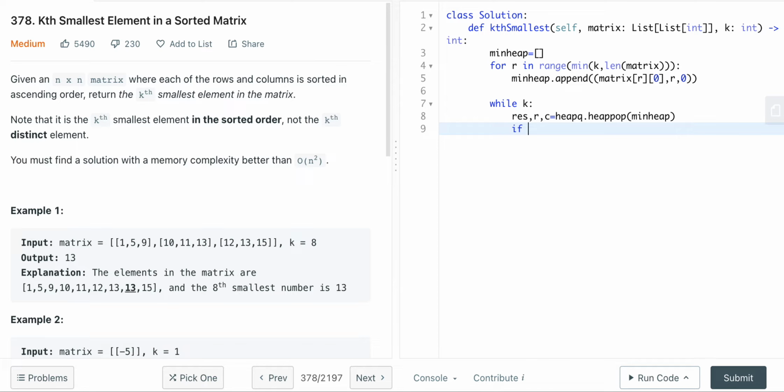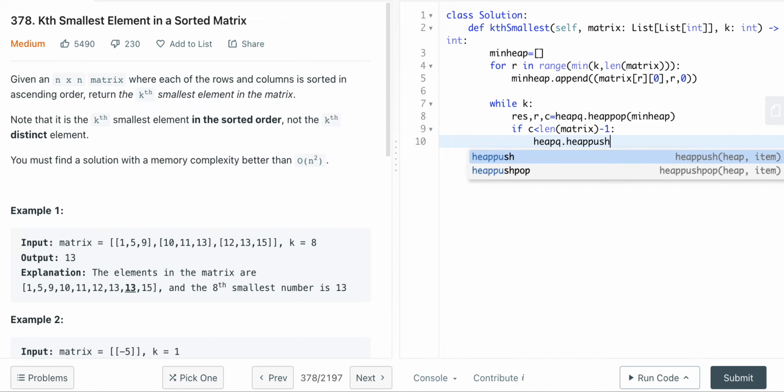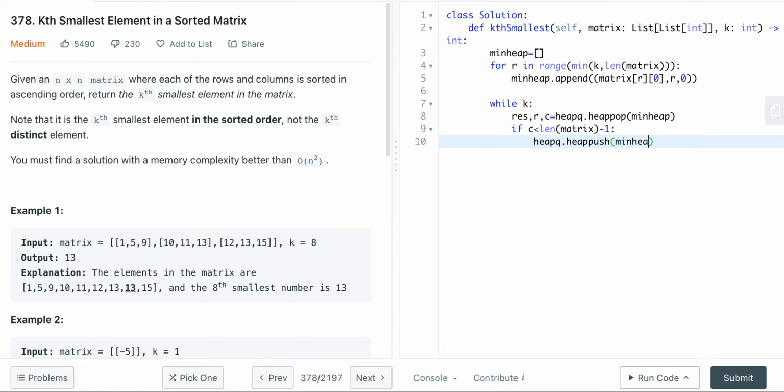So if the column is smaller than the length of the matrix minus 1, right? If the column is smaller than the entire length, then the heapq, and we wanted to do is heap push into the minimum heap. What value do we want to push into the minimum heap is actually the matrix. The matrix that when we did